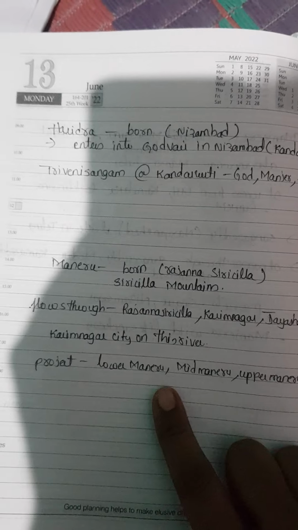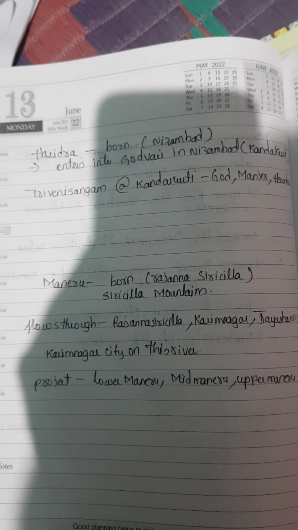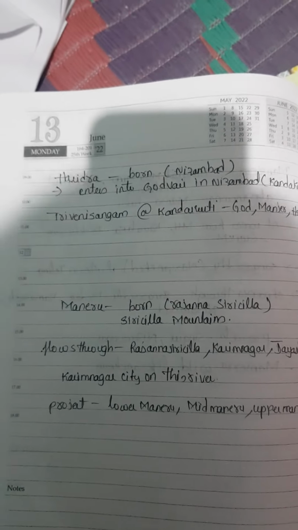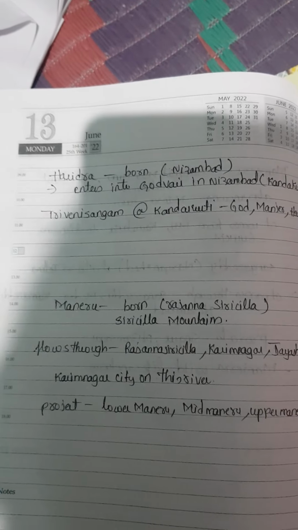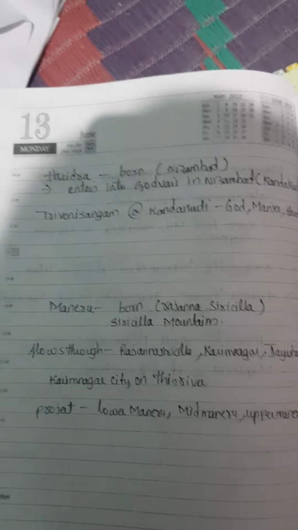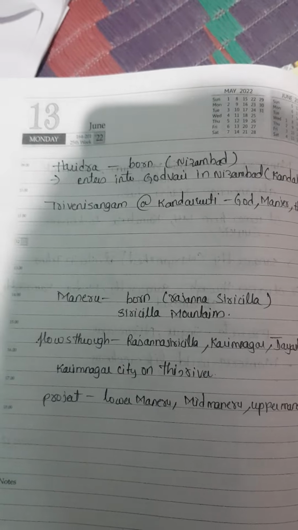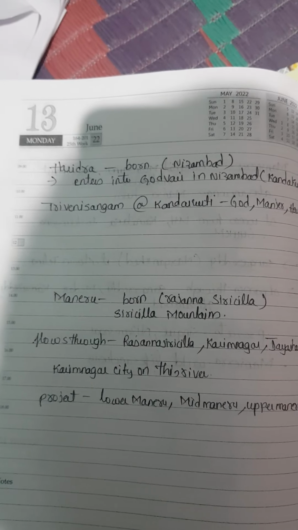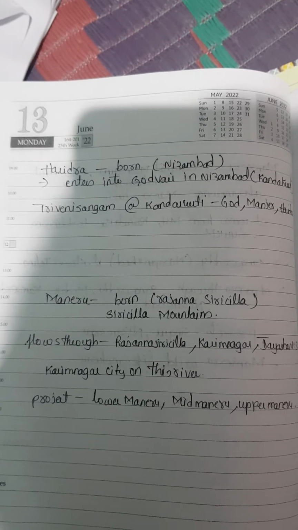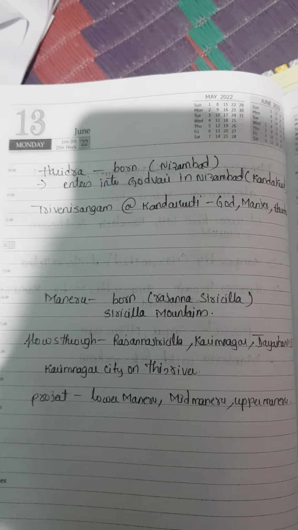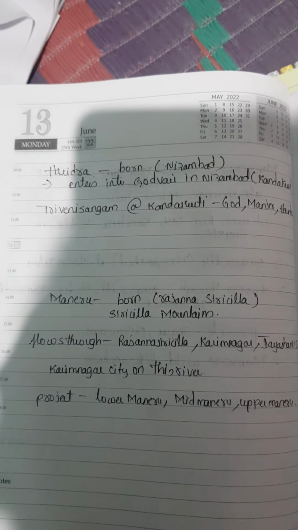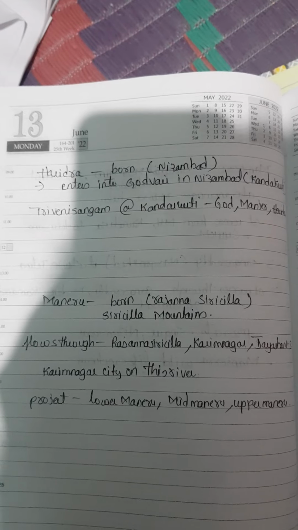And next, Karimnagar city on this river. So what is a city? We can expect questions like, when we study about any river, what are the things we need to cover: where it is born, on which hills, through which districts it is going to pass, what are the projects on that, and which cities are situated on this river. These are the main things we need to cover on this river.